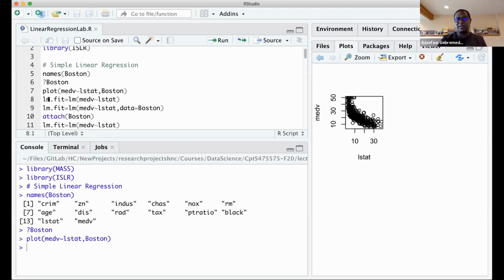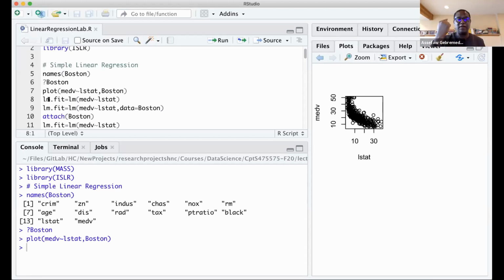And it looks like, the higher the lower income status is, the lower the value of the house is, basically what the story is. And that makes sense, even though we don't know all of the details there. So we have now plotted, and it looks like there is a relationship, there is correlation, and it looks like it is a negative one. So the first thing I want us to do is a simple linear regression